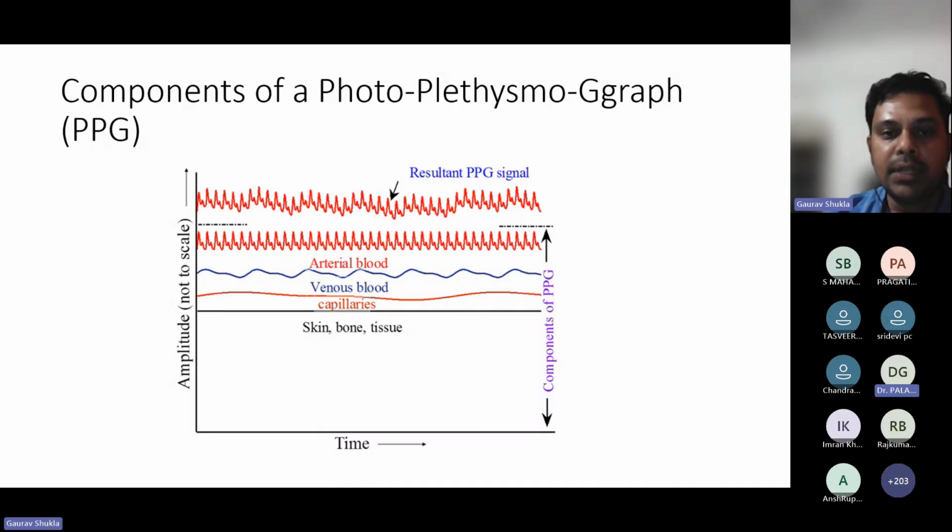At the very basic level, there are static components, which are skin, bone, and tissue. Because of this, there will be a DC, or unchanging, kind of signal pattern in the signal, and then there will be effects due to capillaries, veins, and then arteries. In combination, what you see